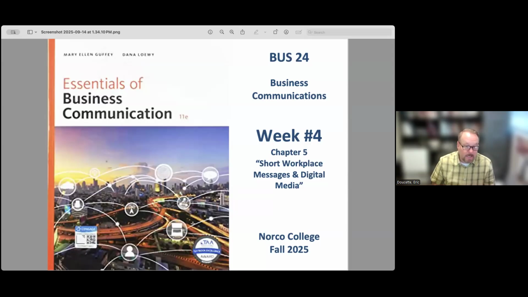You're also going to be looking at instant messaging, blogging, tweeting, and dealing with office networks, and how communication happens in those short workplace messages, again, emails and texting and all that kind of stuff. So I'm going to go ahead and share my screen and look at what assignments you're going to be working on this week.